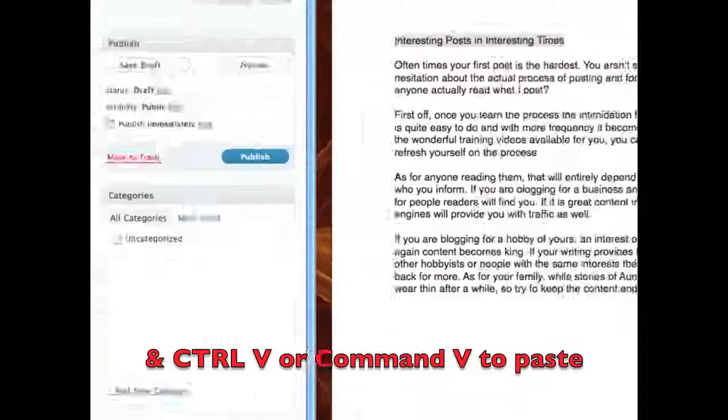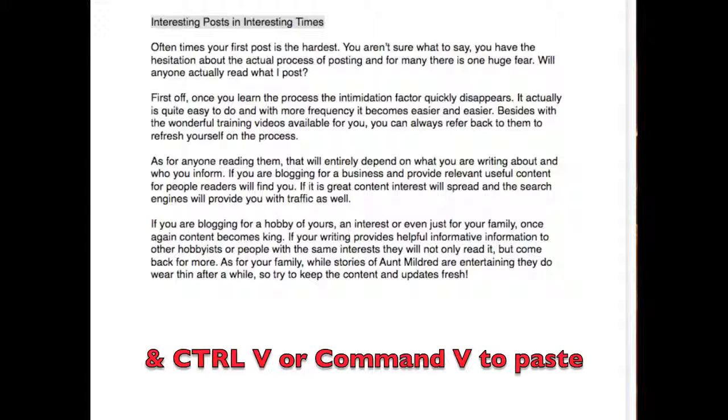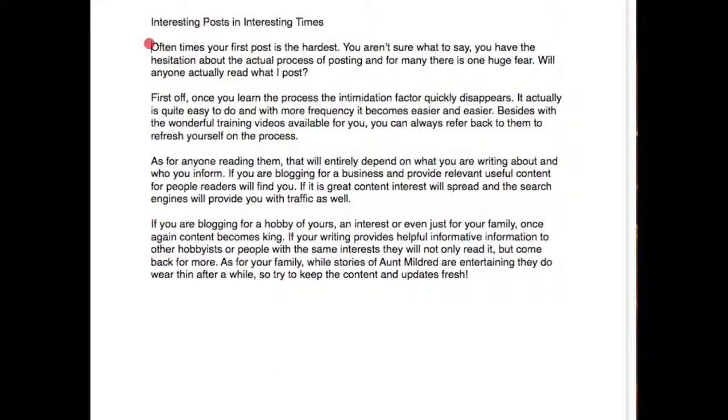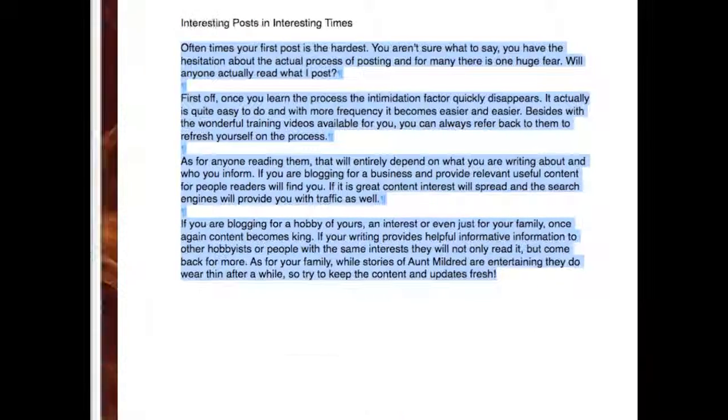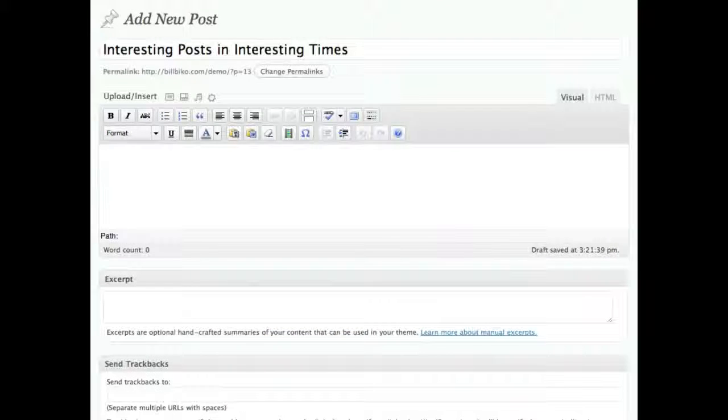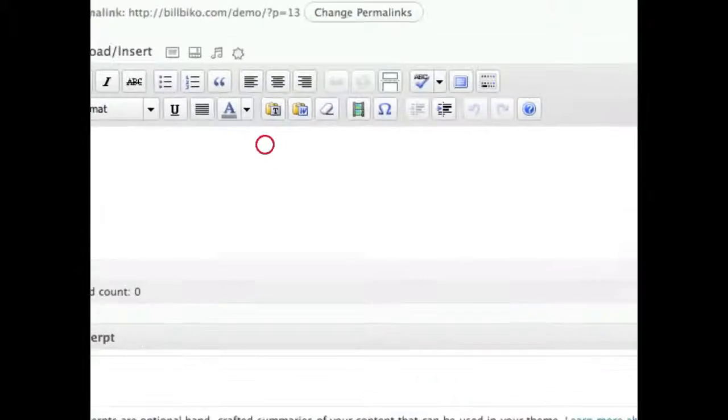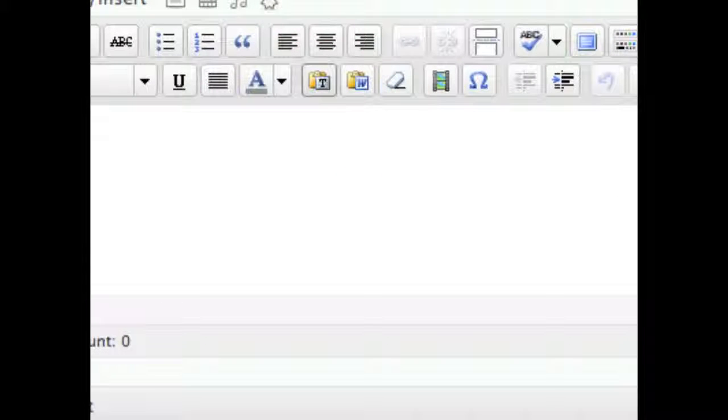I'm zipping back over here. I'm grabbing all my text, and this is where you have a couple of options. Once again, you copy your text. As we zip back over to the WordPress blog, you have an option to paste as plain text, and you have an option to paste from Word. As I mentioned earlier, sometimes some of the formatting carries over from Word and other processors. So if you want to strip out the formatting, it's easiest to do paste as plain text by clicking on the box, pops up,